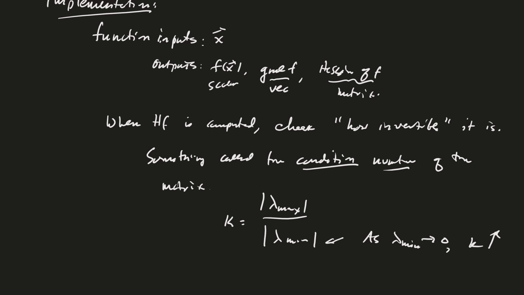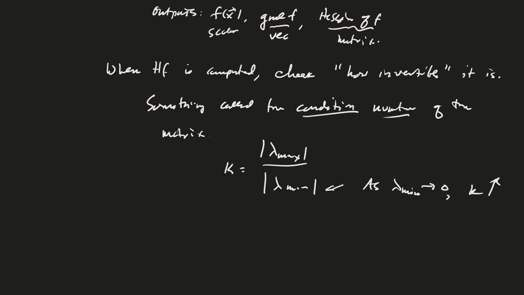So what people will do is they'll say that, if the condition number is too big, then throw an error in your code so you're not continuing. Because sometimes that can happen. It can get more and more singular as the iterations progress. Good. I think I'm going to stop here a little bit early this time, before we hit the